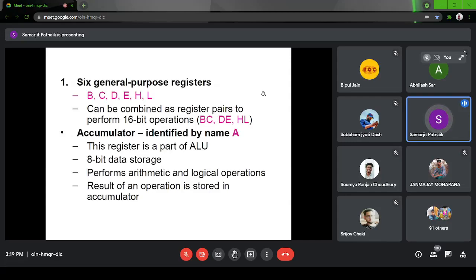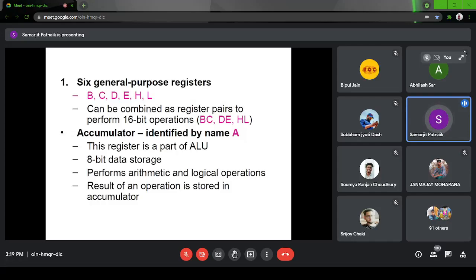Now, the 6 general purpose registers B, C, D, E, H, L can also be combined and used as pairs of registers, like BC, DE, or HL pair. The accumulator is identified as A. That means like registers B, C, D, E, H, L, we can also use the name A for the accumulator.